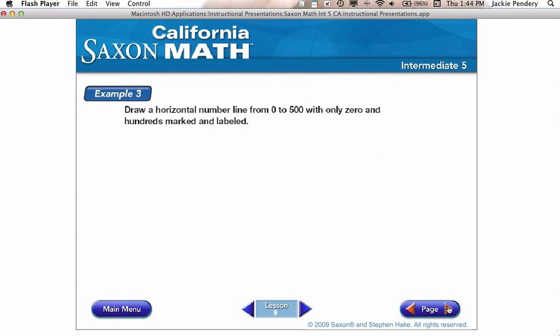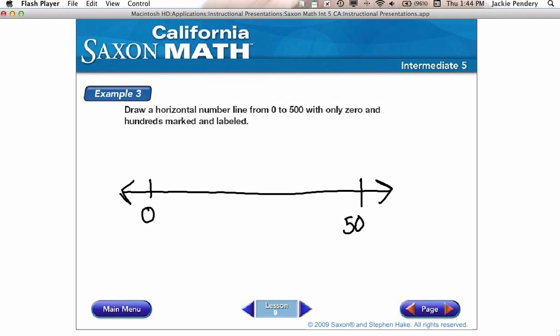Draw a horizontal number line from 0 to 500 with only the hundreds marked and labeled. So we draw our number line horizontally. We start at 0 and they want us to end with 500. And they only want the hundreds marked and labeled. So that means instead of counting by ones, we're going to count by hundreds. 100, 200, 300,